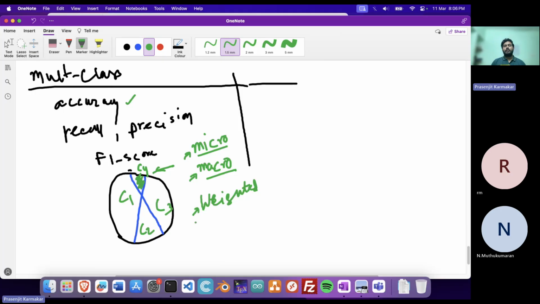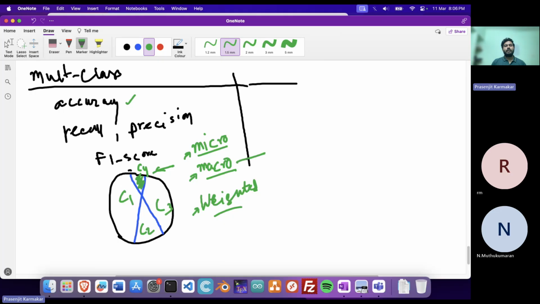Weighted means it will consider the classes that have a higher number of instances more than the classes which have a lower number of instances. So the score is weighted by the number of samples it has. Based on which type of evaluation you are doing, whether the minority class has more influence on your model safety,